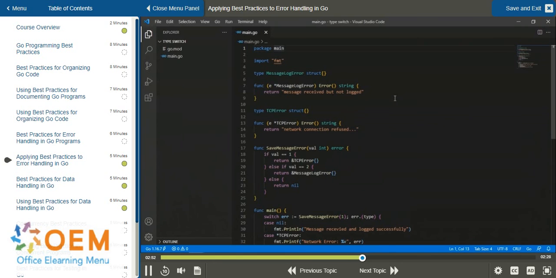Now, one more thing. It's possible to use custom types as errors by implementing the error method on them. So we have two error types here, two custom error types. Starting on line 5, we have a message log